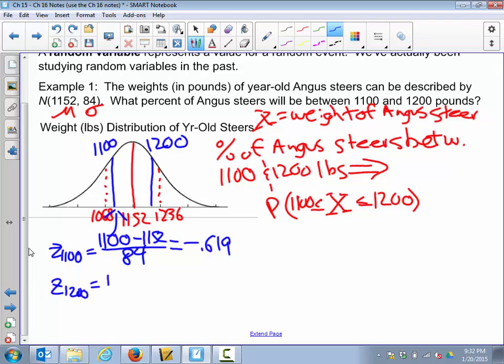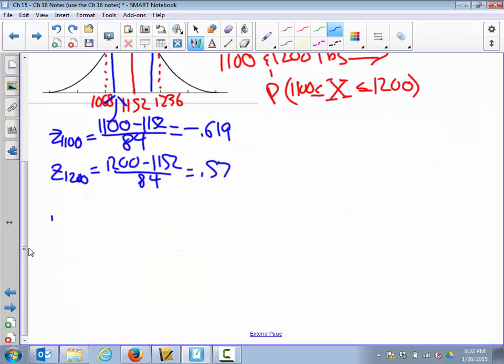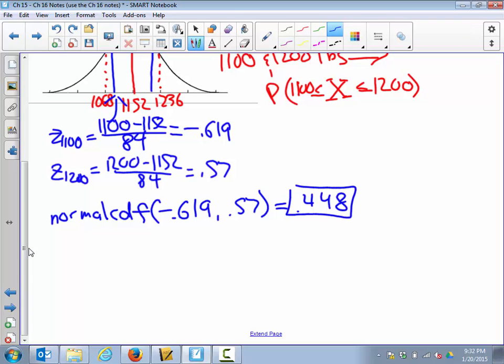The z-score for the 1200 weight is the data value you care about, minus again the mean, divided through by your standard deviation. That takes you to 0.57. And then you would answer this question using normal CDF. Writing this out would not give you any partial credit, but I'm just reminding you of the tools. From the lower z-score, negative 0.619, up to the higher 0.57, which gives you a percent of 0.448,